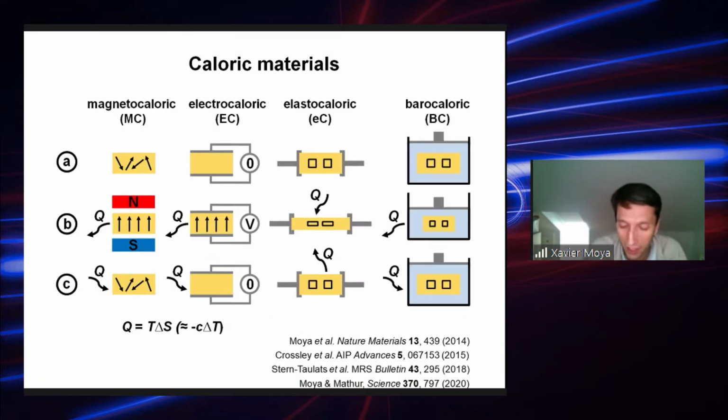So caloric materials are materials that can change temperature when you apply an external field. The most famous ones are magnetocalorics, where you apply a magnetic field, and then you can drive thermal changes in the magnetic material. These materials were discovered more than 150 years ago. They are very well known. And they are actually used in many research labs in order to achieve ultra-low temperatures. So many of you, of course, are aware of this magnetic